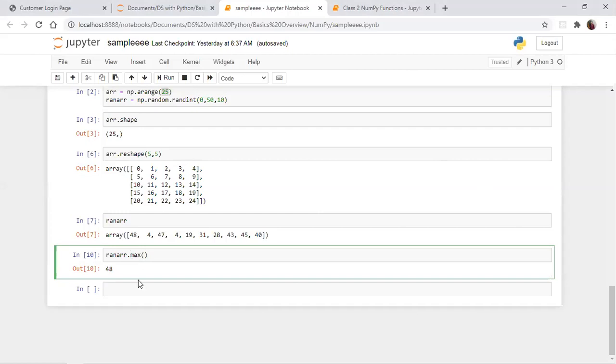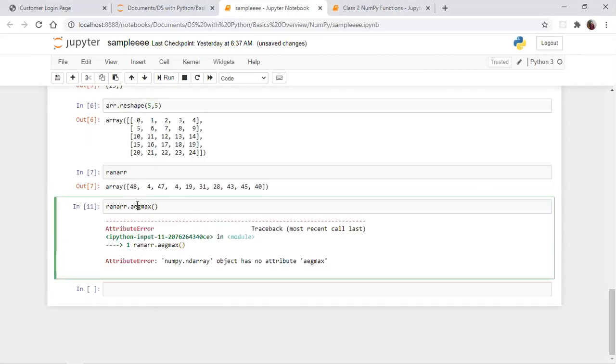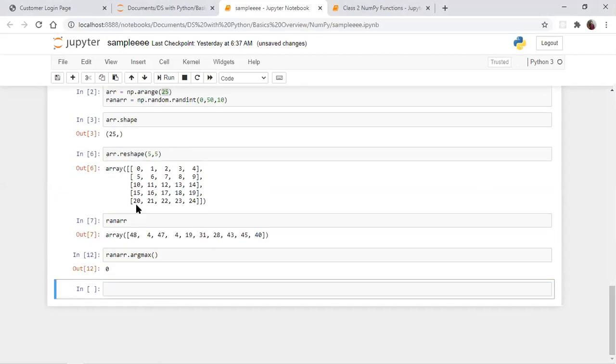If you want to know the index position of 48, you can just use argmax. It will give you the index position. 0 is the index position of 48.